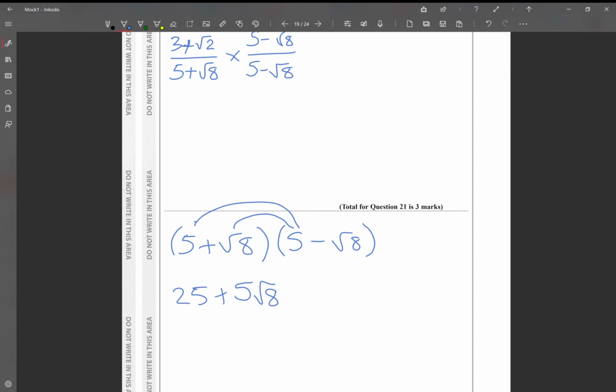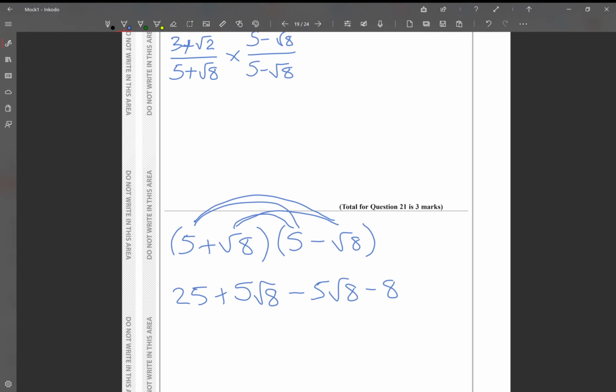And then if you do 5 times these, it's negative 5 root 8. You can see that's always going to happen. You're always going to get this and the opposite way around. And the last one to do is just these 2 last ones. So it's root 8 times minus root 8, which is just going to be minus